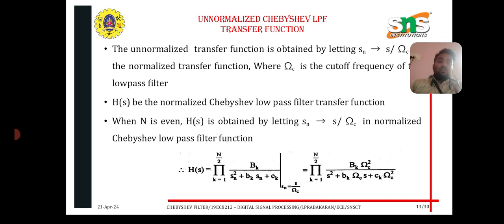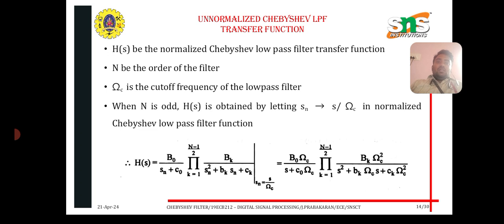H of S equals the product for k equal to 1 to n by 2 of bk divided by Sn square plus bk Sn plus ck, where Sn equals S divided by the cutoff frequency omega c. For the normalized low pass filter transfer function H of S, we know n is the order of the filter and omega c